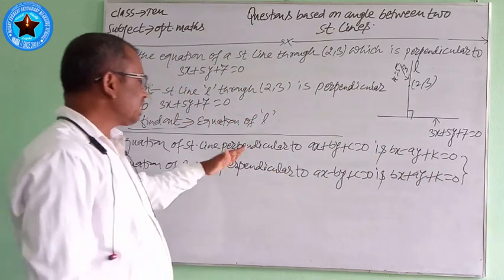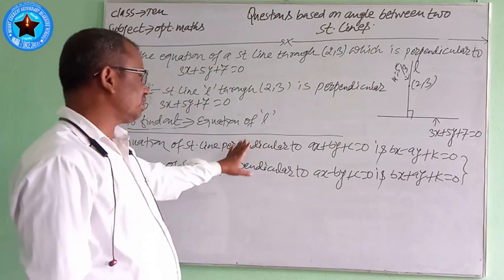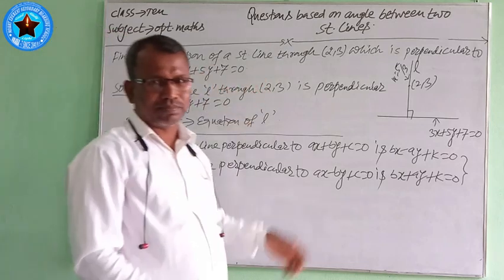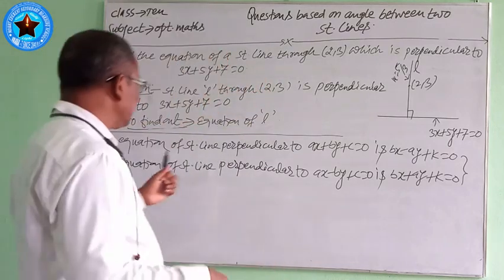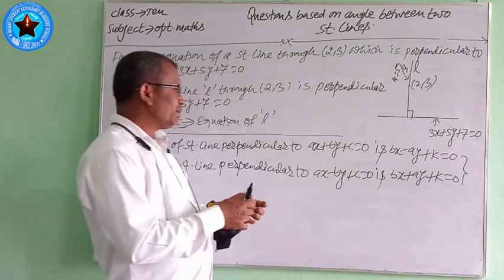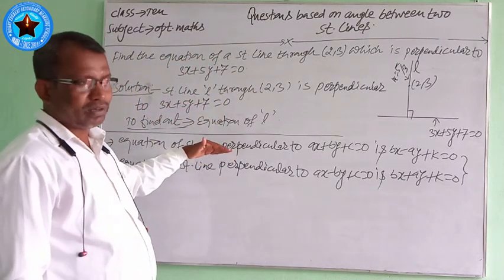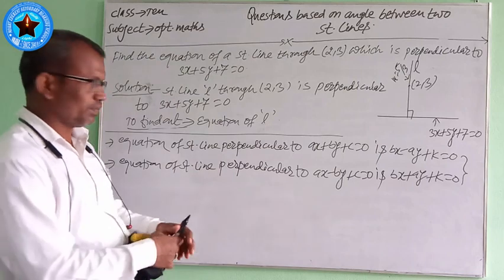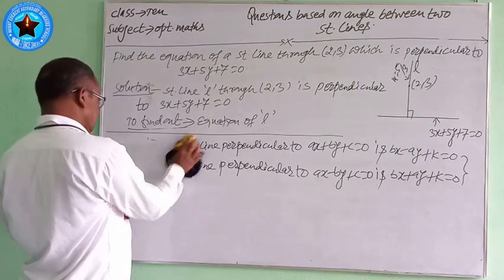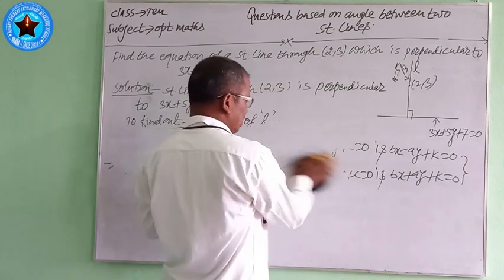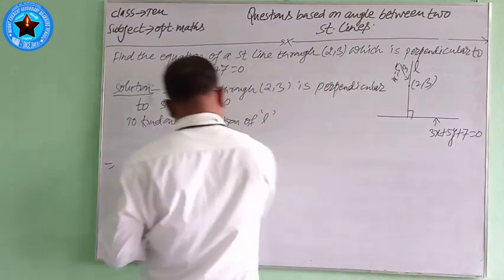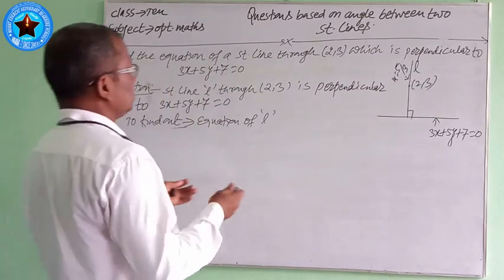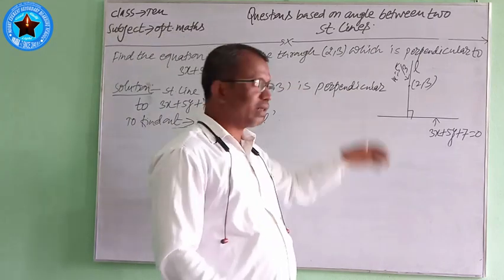Means these two patterns are also required, and using these two patterns we can find questions like this very simply, very easily, without finding the slope. Without using point slope form also we can find the equation of a straight line. And now I am going to use this result to find the equation in this question. Here is the alternative method. In the alternative way, I am going to find the solution of this question.